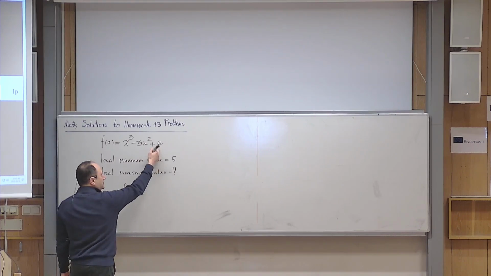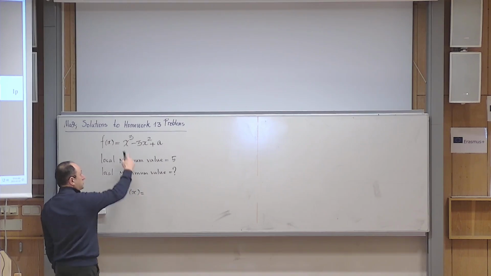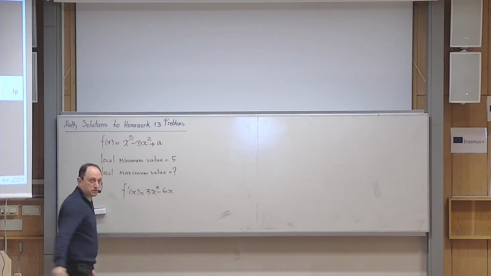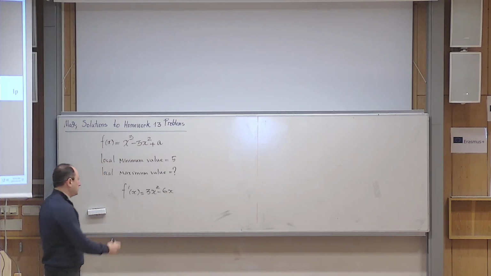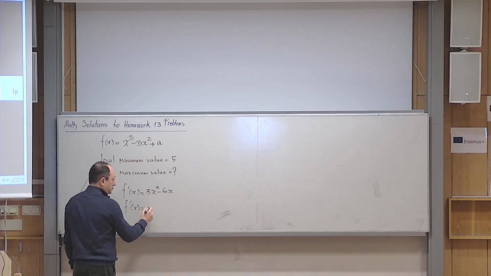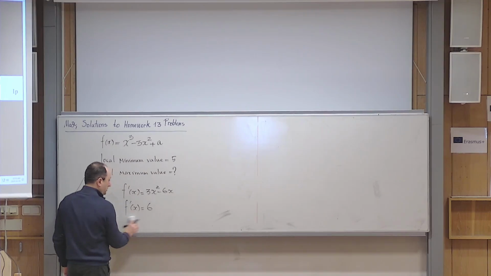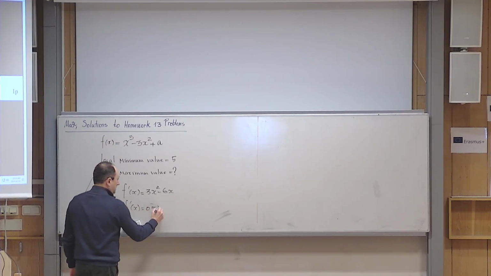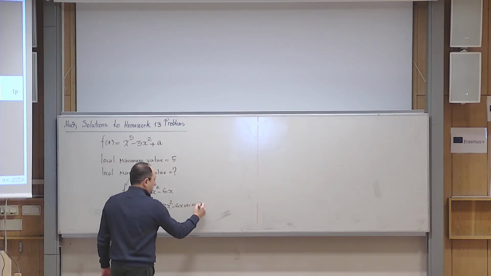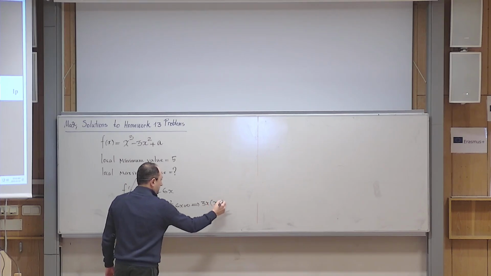No matter what a is, it cannot survive. So the answer becomes 3x squared minus 6x. And then I put this equal to 0. It becomes 3x squared minus 6x equals 0. And then you get, factorization is simpler here. What answers do you get? 0 or